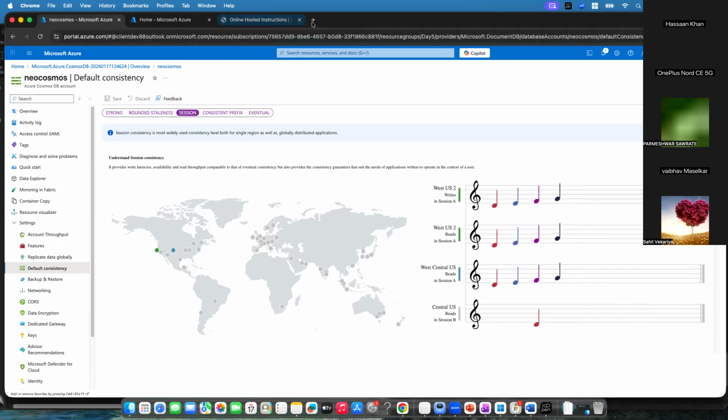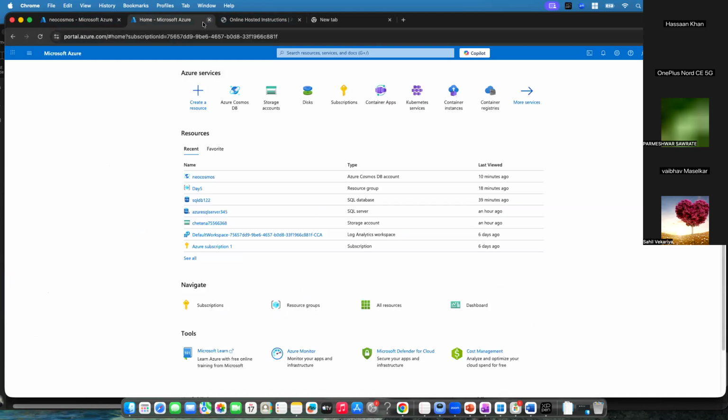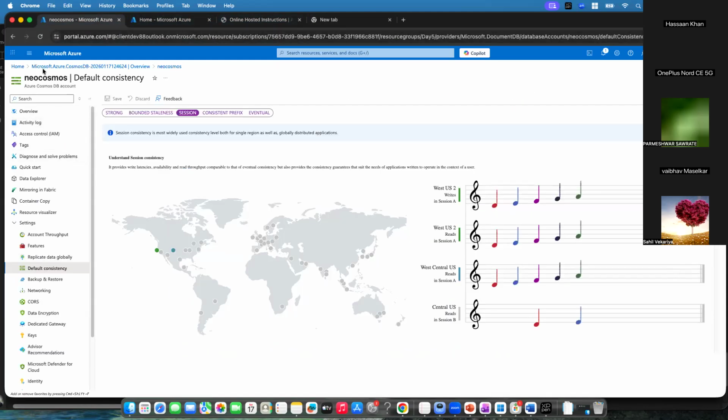Another thing that we need to discuss: have you created the architecture diagram for the first lab, 305? No, right? So what you can do, let me just do one thing. First of all, delete that resource group. Otherwise it will